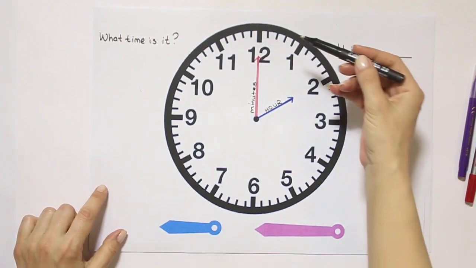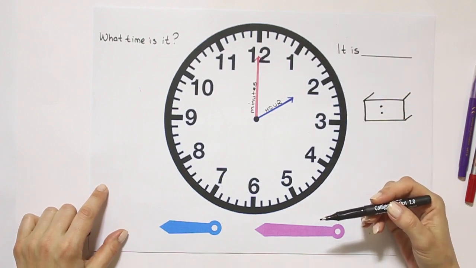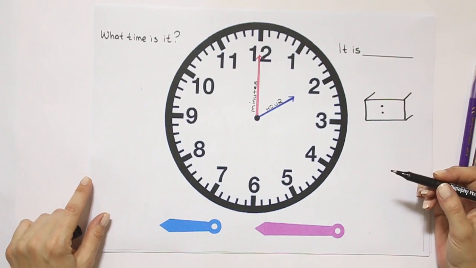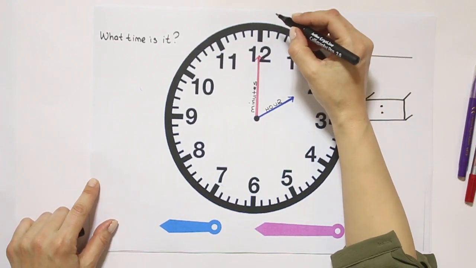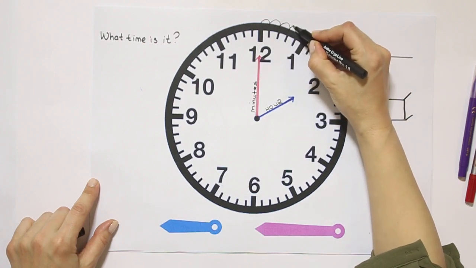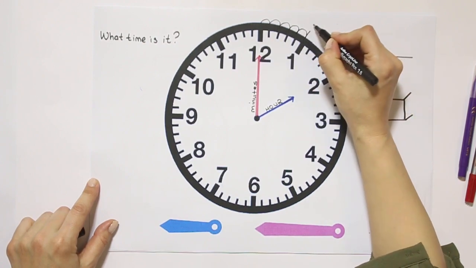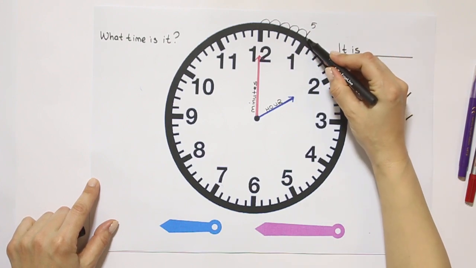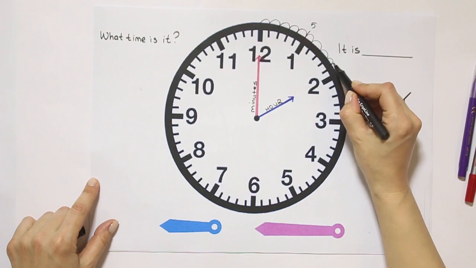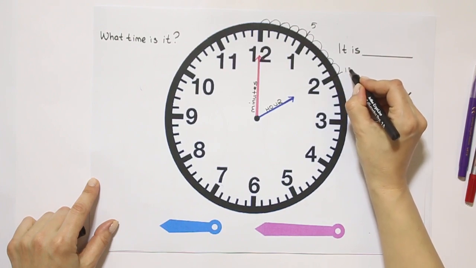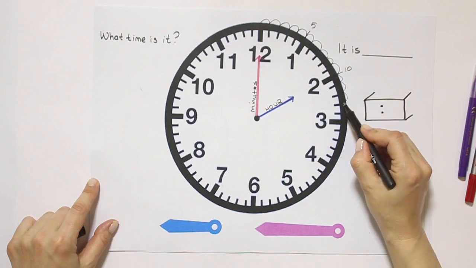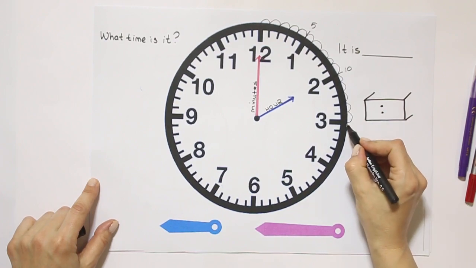Did you notice the little lines here? These lines show us the minutes. Let's count and write the minutes. 1, 2, 3, 4, 5, 6, 7, 8, 9, 10, 11, 12, 13, 14, 15,